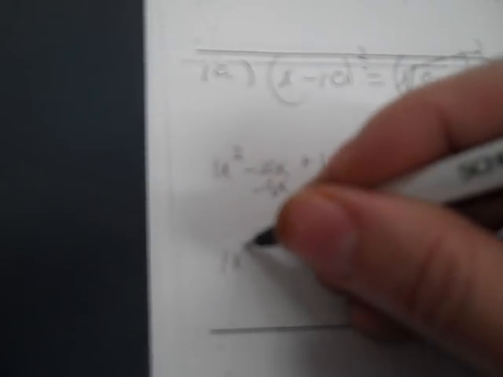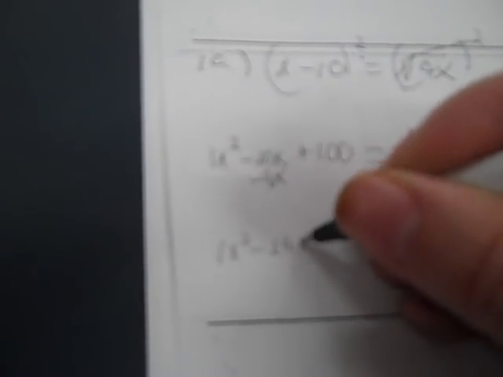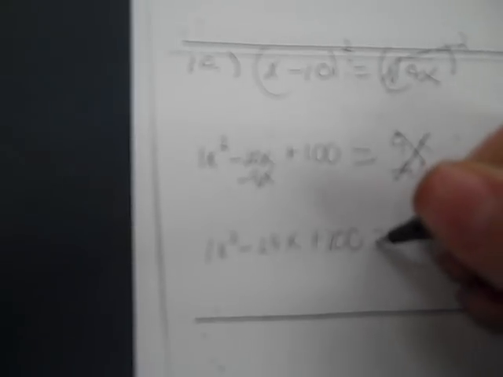Now, I have x to the second and x, so all my x's are not like terms, so we need to move everything to one side so we can factor. So I move the 9x out of here under the negative 20x, so I have 1x squared minus 29x plus 100 equals 0. And now I factor the trinomial, GCF,